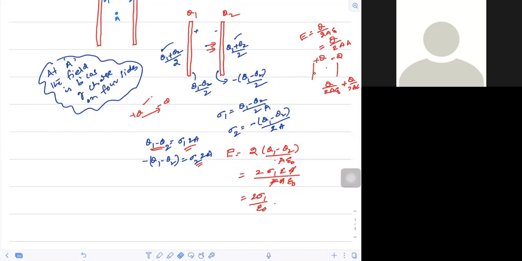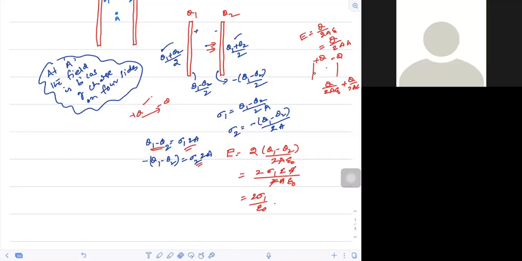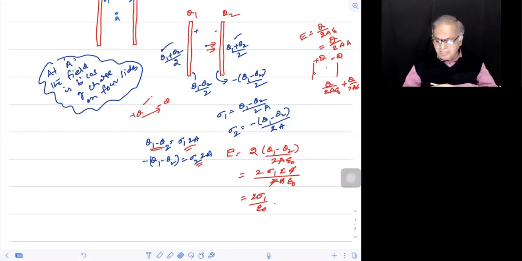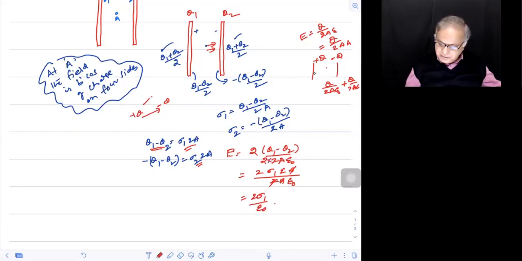But that is correct, we wrote Q by 2a epsilon 0, 2 times Q1 minus Q2 by 2a epsilon 0, I wrote, no? Sir, but we should divide with another 2. Because for one side the charge is Q1 minus Q2 by 2, that's what you need to write. So the charge was Q, one more 2 you have, right? Yes, sir. In the denominator, one more 2 will be there.